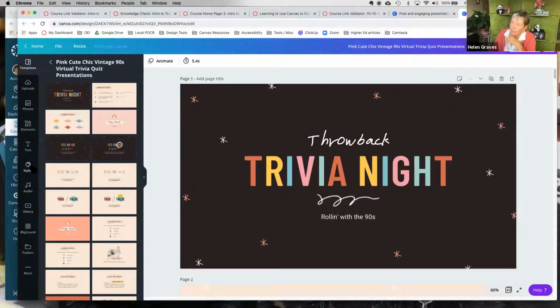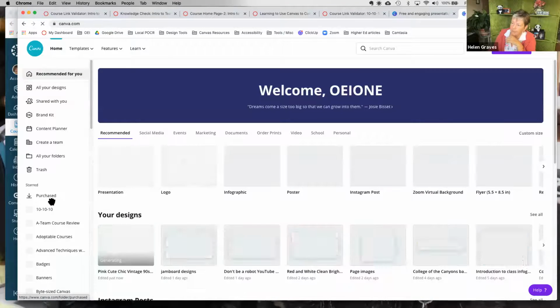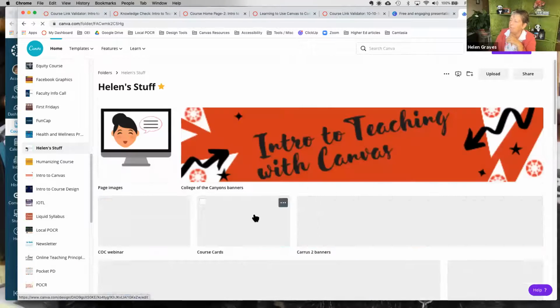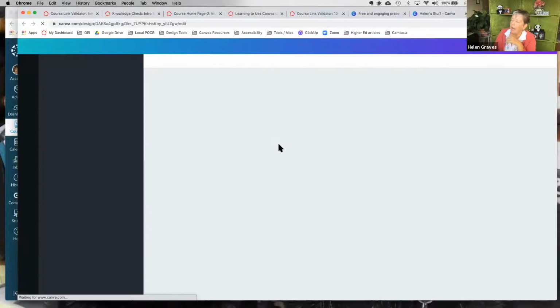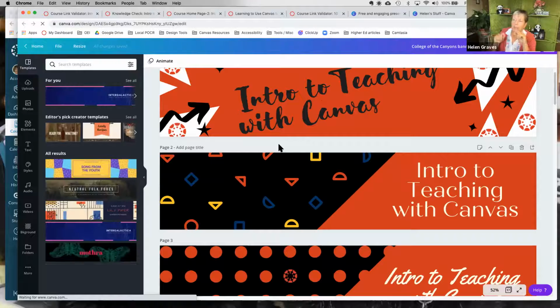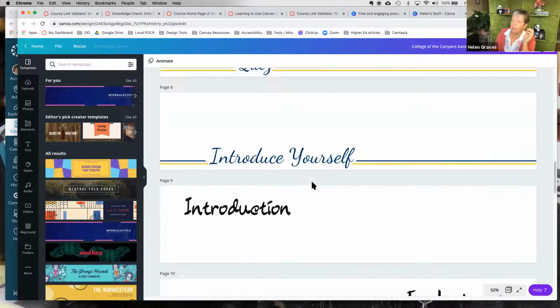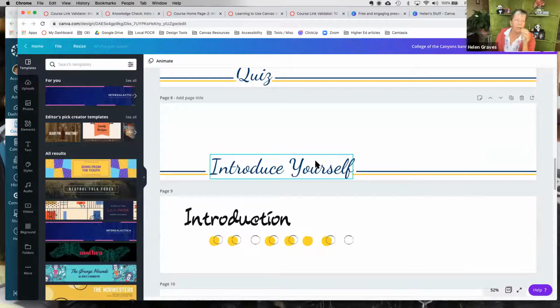And let me show you, if I can find it. I've got a little Helen Stuff folder, and I have a banner size that I like. So I have a folder that already had it, and then I can just create different banners and download the ones I want.